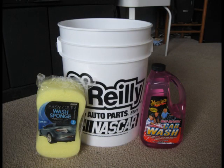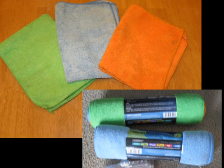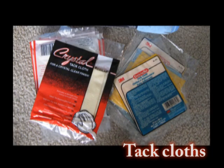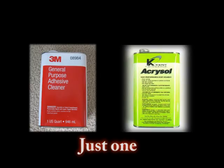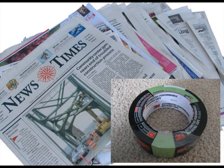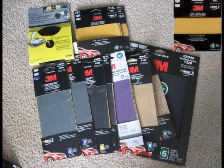So let's get started. Every product or tool I will use for this repair could be found in any auto body shop. Some of them could be found in hardware stores or some online stores. For this type of repair, I will use a wash bucket with a sponge and a car wash, soft cotton cloths, an air-pressured can, tack cloths, a degreaser, a dust respirator and protective glasses, masking tape and some newspaper, various grades of sandpaper,